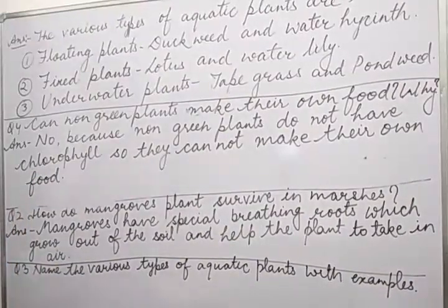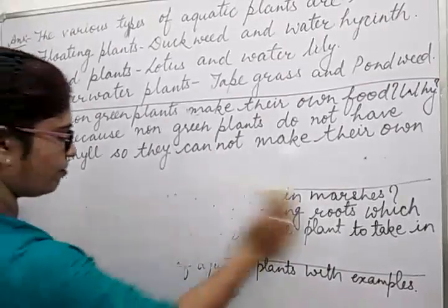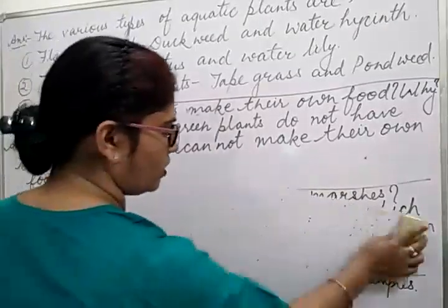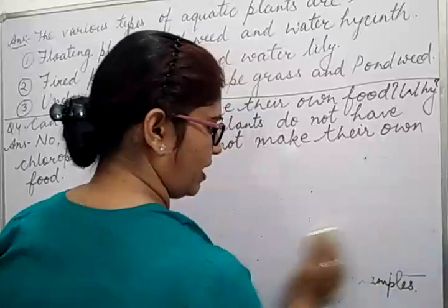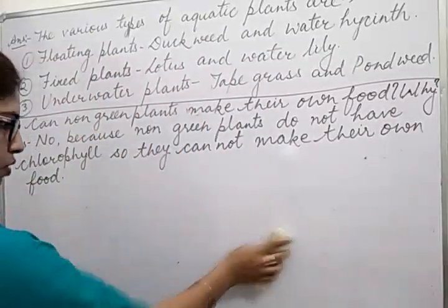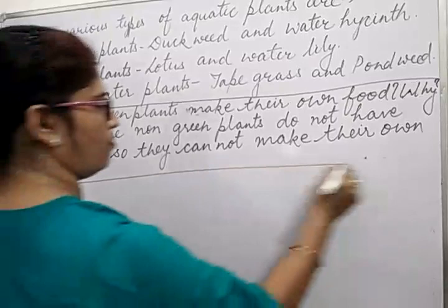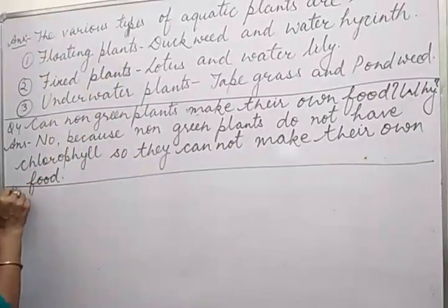Okay, so this was question number 4. Now children, we will write question number 5. What are insectivorous plants? You can copy the question from your book, beta. I am writing only answers now. You can have your books with you and copy the questions from the book. So question number 5, you write from the book and I am writing the answer.